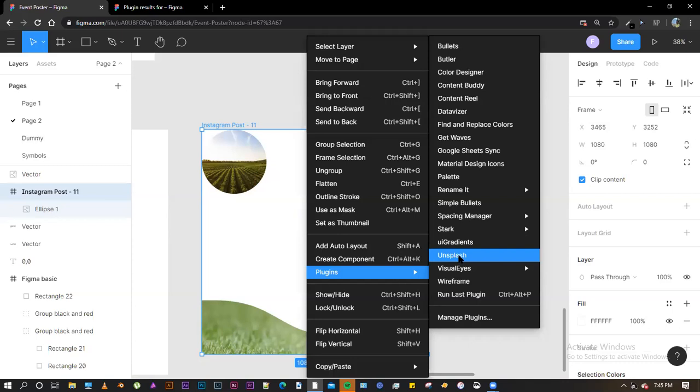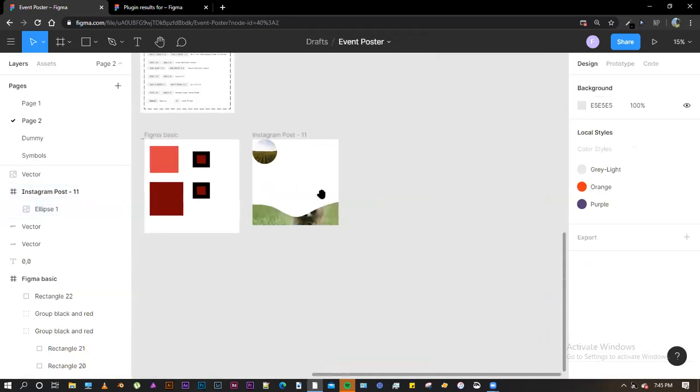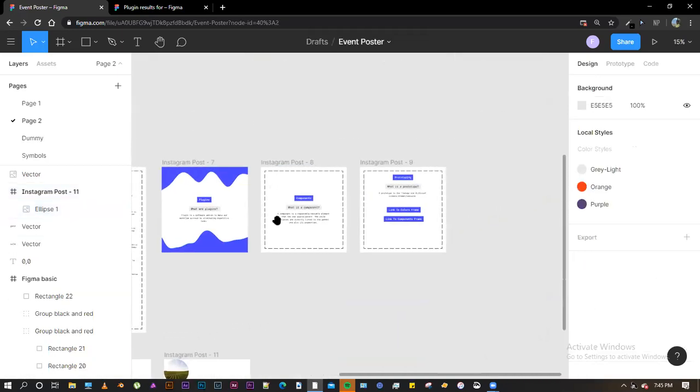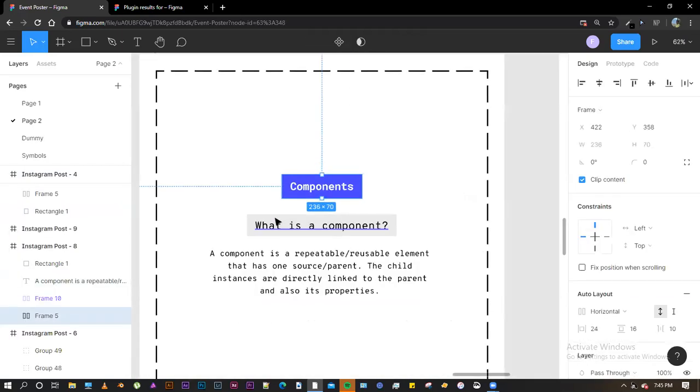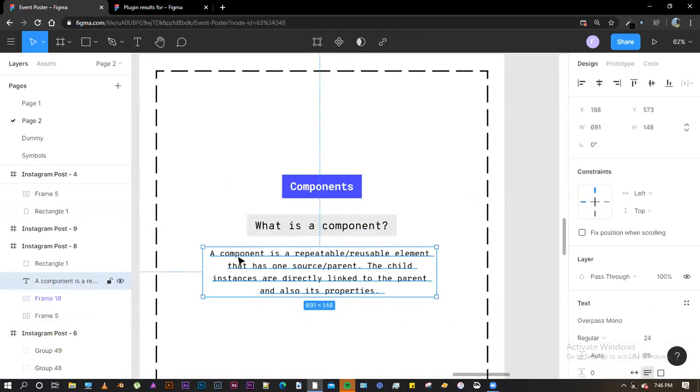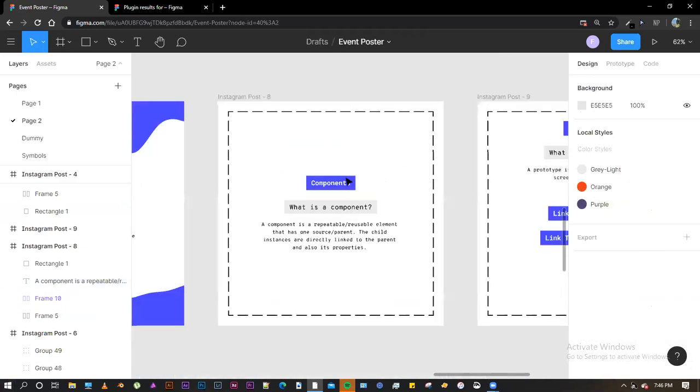Okay, so now moving on to one of the important parts of UI design, that is a component. A component is a repeatable or a reusable element that has one source or a parent. The child instances are directly linked to the parent and also the properties of the parent. So for example,